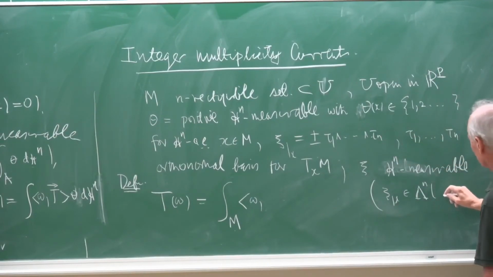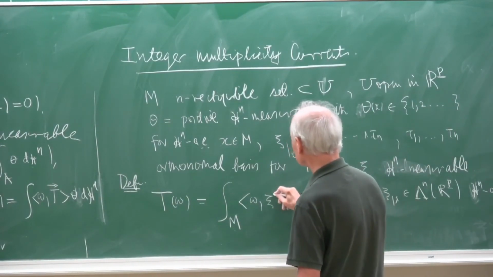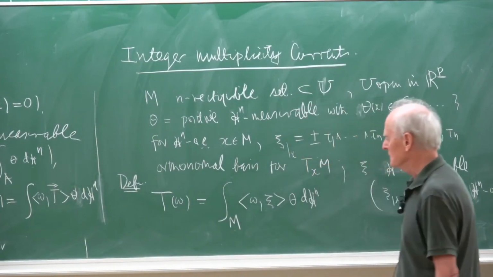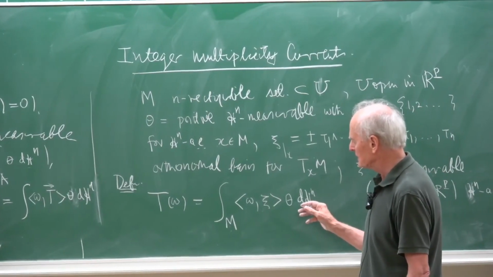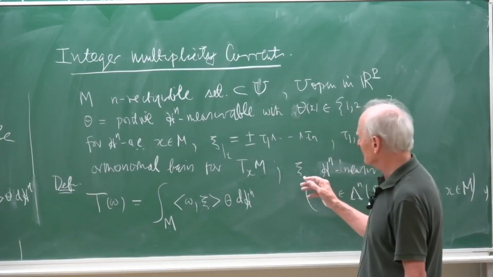So this is in L^p for H^n almost every x in omega, in M. And that's the dual pairing. And then it's theta dH^n. So you get this. So this looks exactly like the prototypical example, including the orientation, except that, of course, it